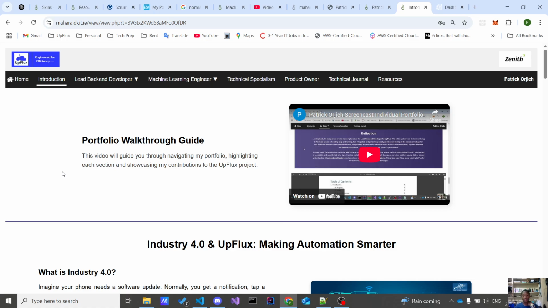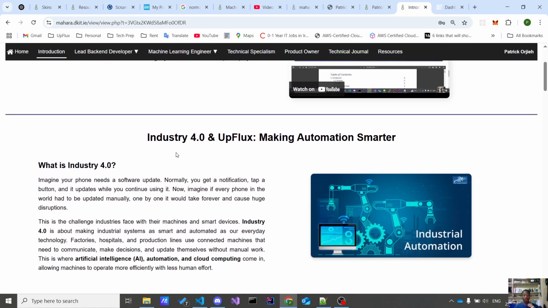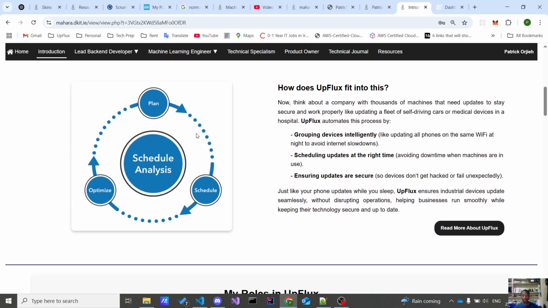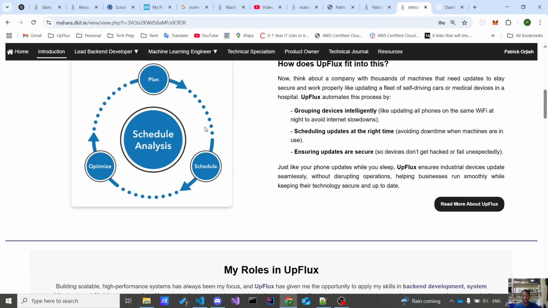So starting off here is the introduction, and on this page I am introducing the industry which Upflux is in, which is Industry 4.0, the idea of making machines and devices smarter, automating, and the use of AI. Then I introduce the Upflux main aim in this industry and how we, Team Zenith, plan on achieving that, and